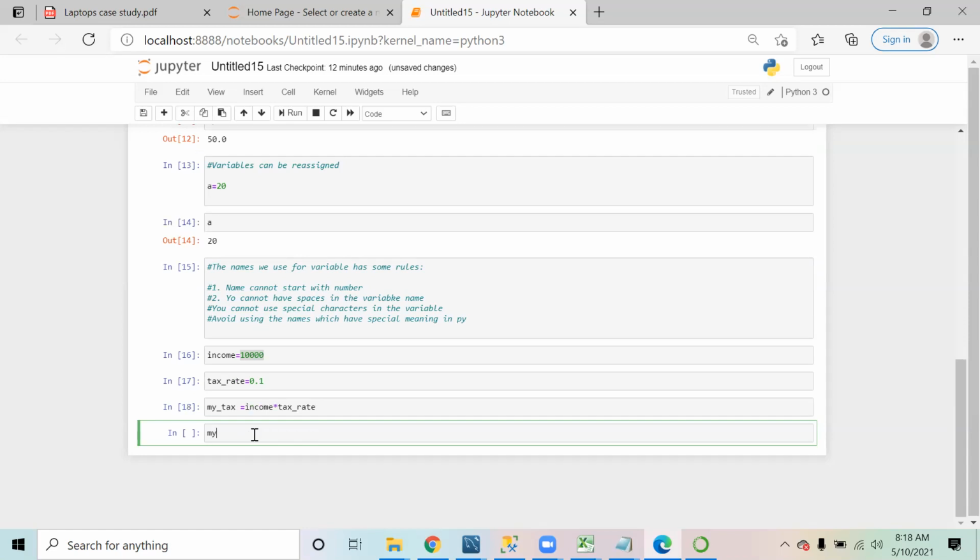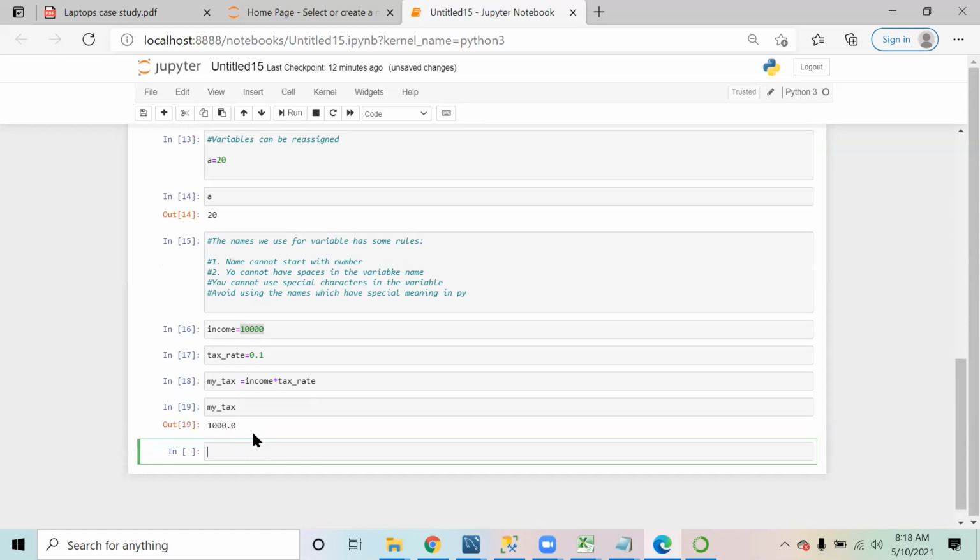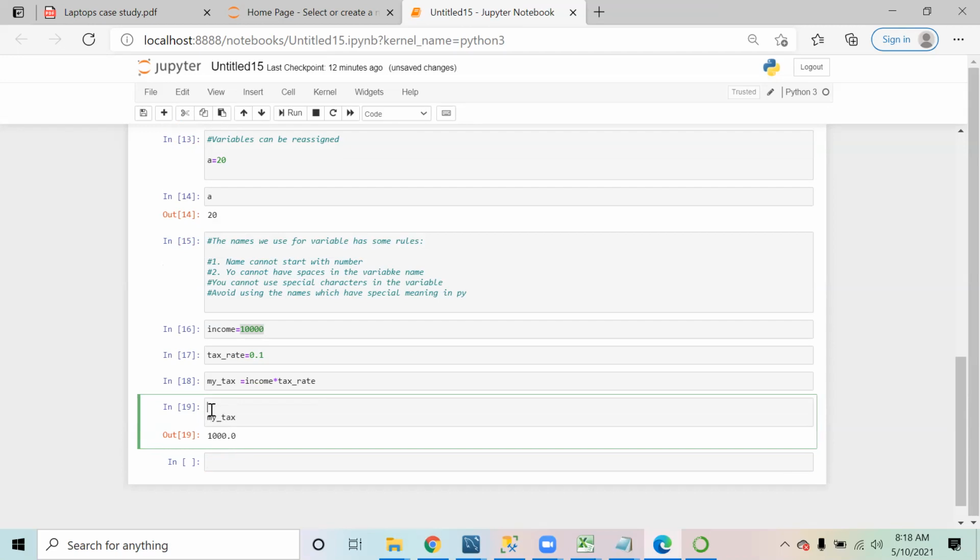Okay, so it has been calculated. So I can say my tax is $1,000. I hope this part is clear up till here, the variables that we have assigned.